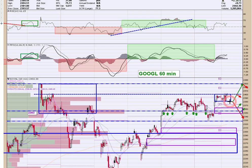And the only thing that would turn this chart convincingly bearish would be if price fell down here, filled this gap, and then broke below. I think even if it comes down and fills this gap and holds, you're still going to have a bullish chart. The direction of the trend would be higher. Of course, that would be disappointing if you're long in here and you're hoping for a breakout